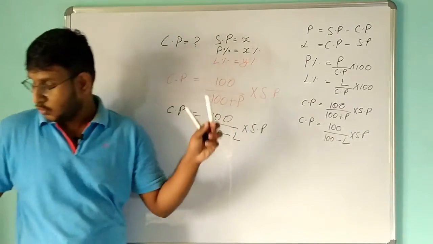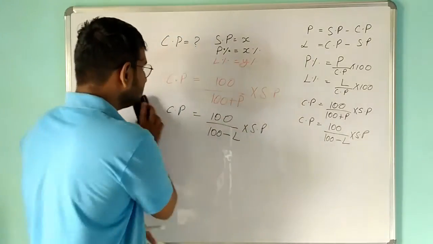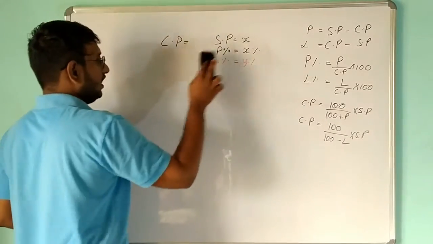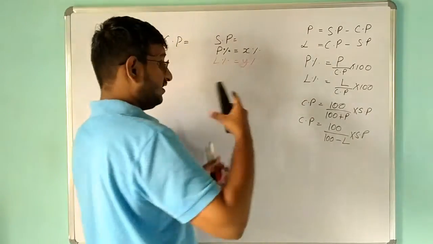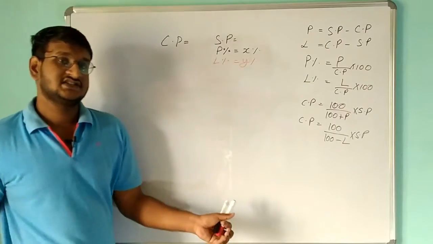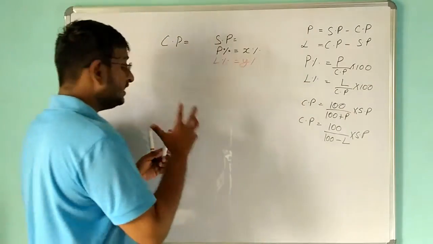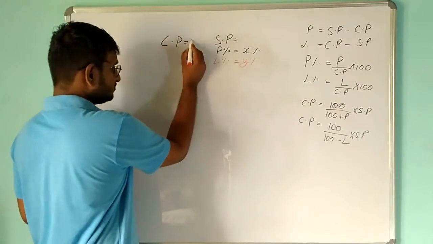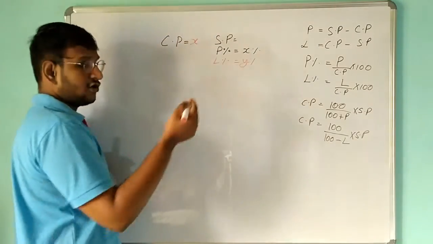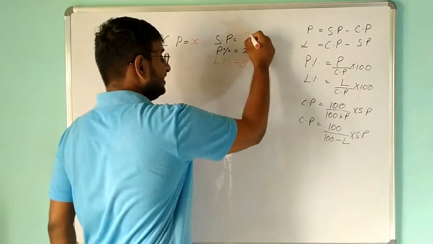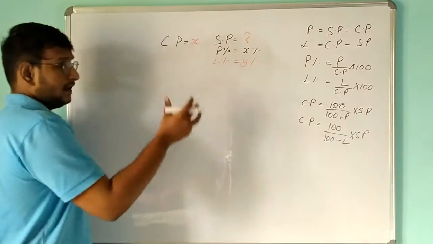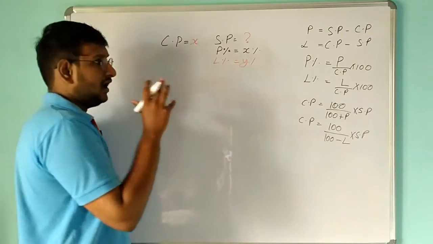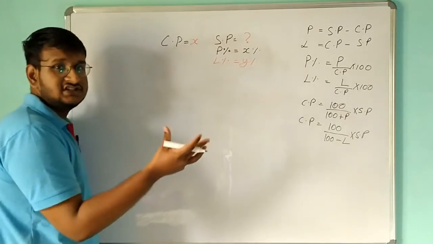So we have seen how to find the cost price, but we didn't see how to find selling price. In some cases they may reverse the circumstances. They will reverse in such a way that they will give your cost price as X. They will give the cost price and they will ask us to find the selling price. And they might give the profit percentage, or they might give the loss percentage, that is Y percentage.